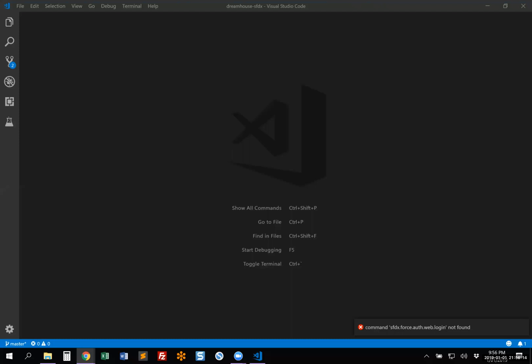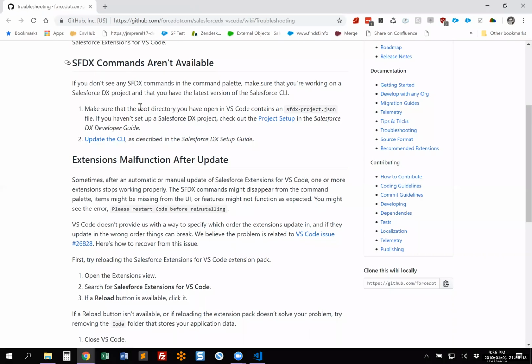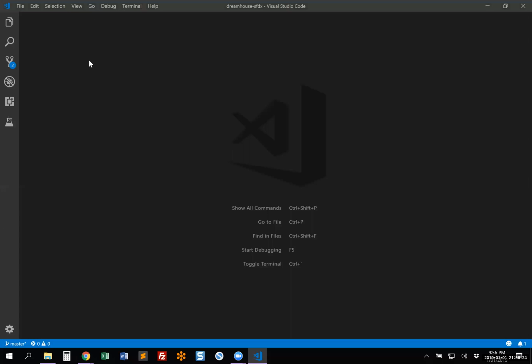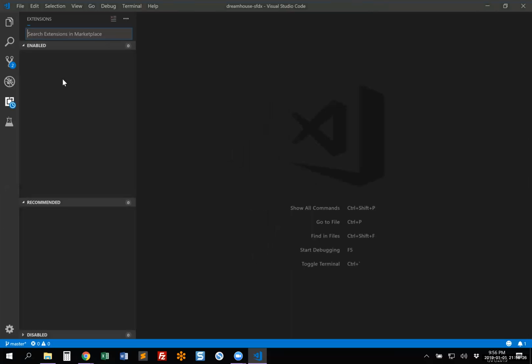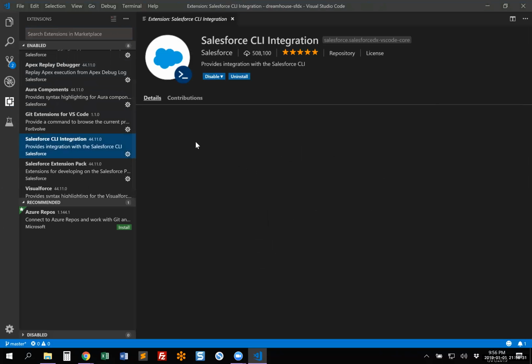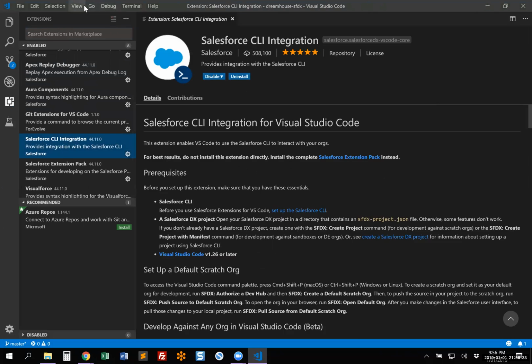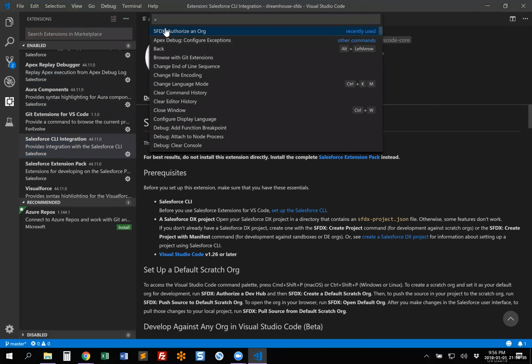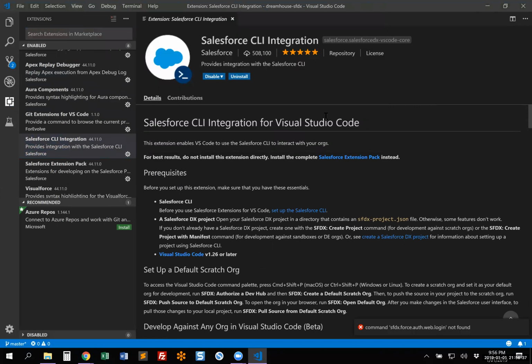Okay, I have gone through this troubleshooting step, and extension malfunctions after update is what I thought it would be. Uninstalled, reinstalled the Salesforce CLI, and it's still not working. That's the very first command we need. Okay, so I'm going to stop here because that's long enough. It's taken far too long to get this part. Hopefully